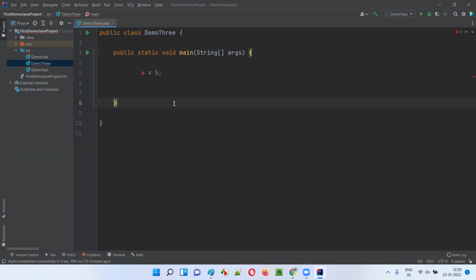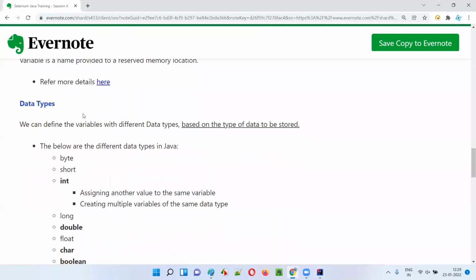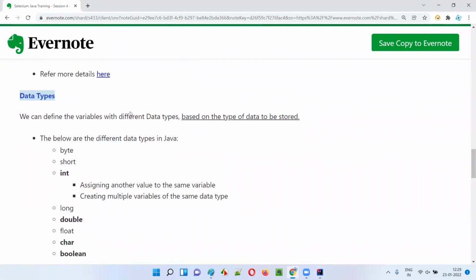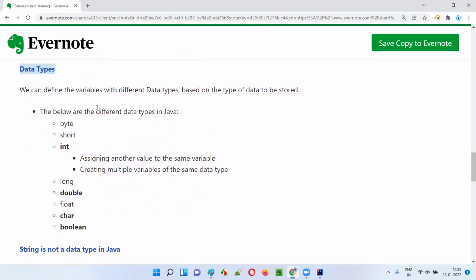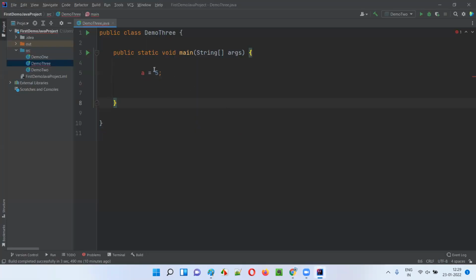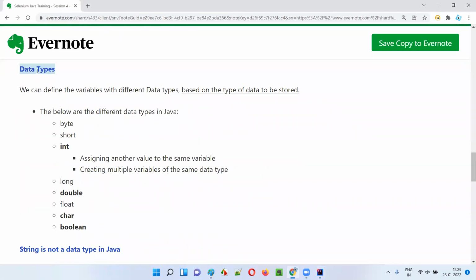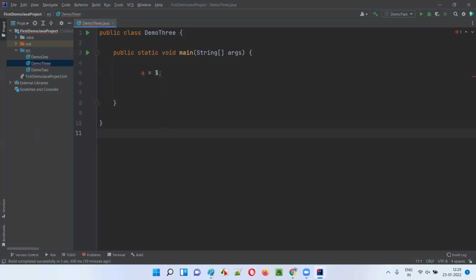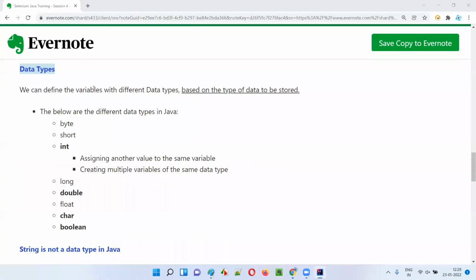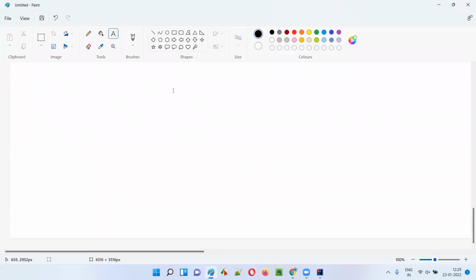The problem here is with the data types. Java is very strict: based on the type of the data you are storing into this variable, we have to specify a particular data type. You see here, so what are the different possible data types available in Java? Let me show you. The different data types in Java are